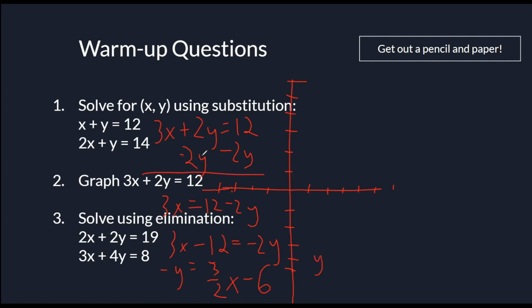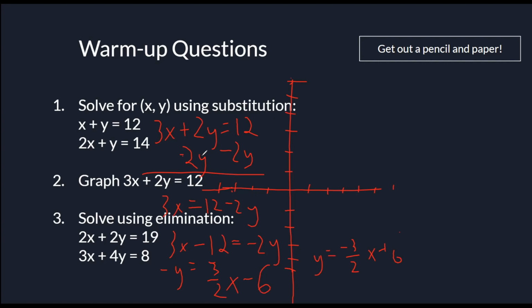6 is the y-intercept point, so you plot a 6. Yeah, so you can write it as y equals negative 3 over 2x plus 6. Okay, so you're going to start at 1, 2, 3, 4, 5, 6. And then